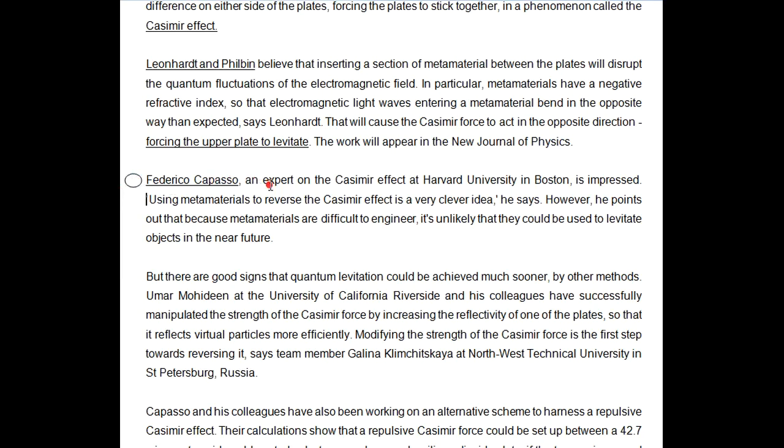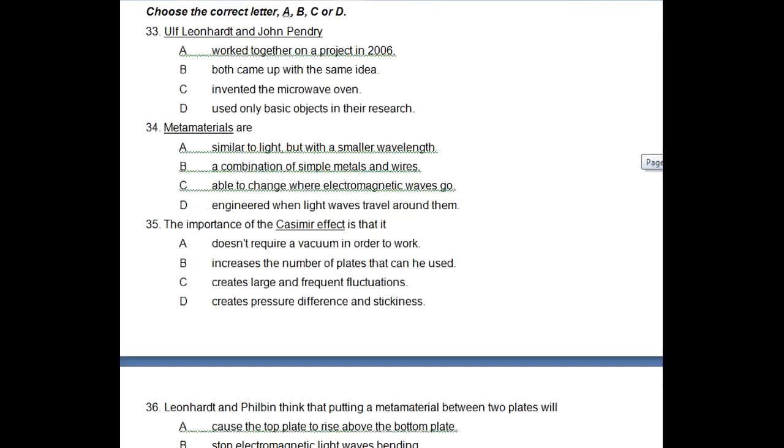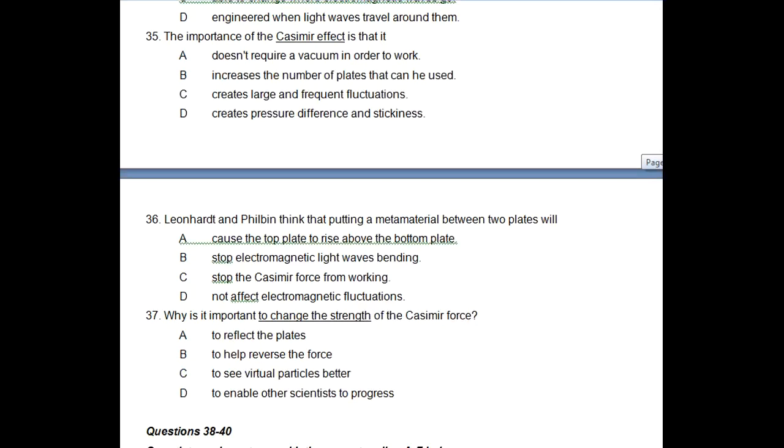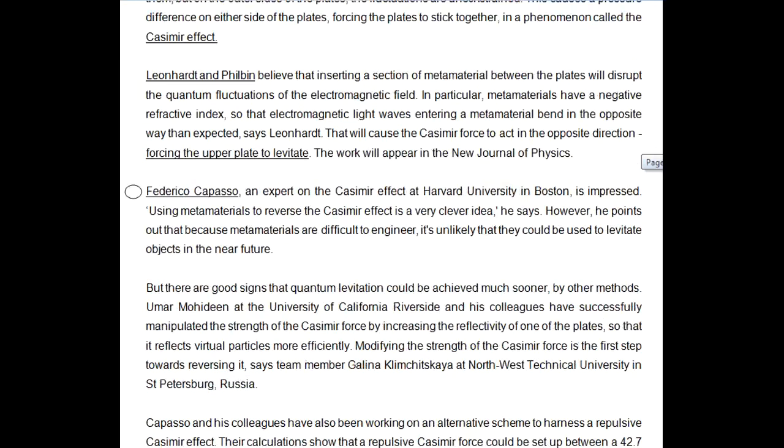What was the question? Okay, I forgot it. So I have to go back to see what exactly the question was. This exactly is your experience, no? Change the strength of the Casimir force. Okay, change the strength. I have to find out. Casimir effect, however, but good quantum methods colleagues have successfully modified its strength. Okay, so I have got the keyword strength here.